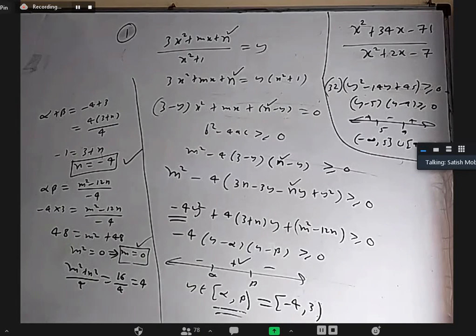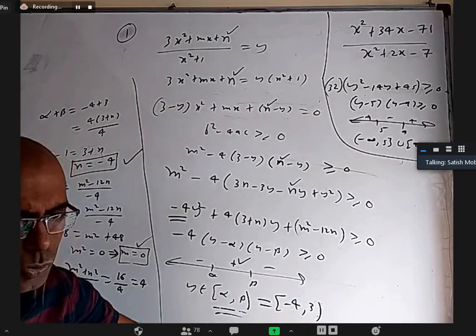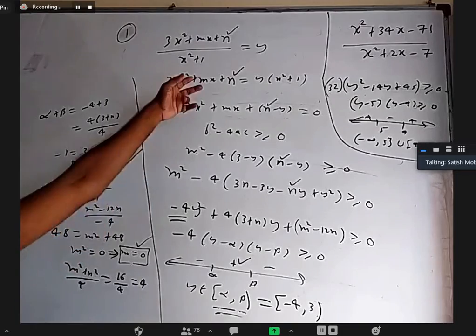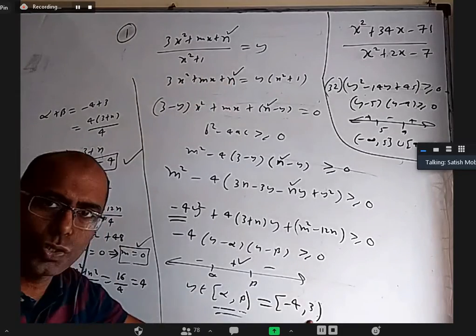Anybody still have a doubt about the first question? Any part of it? Sir, why did you take beta as open brackets? Yeah, in the beginning it will not be clear, but I'll tell you at the end. Let us say I'll make it closed and this also closed. If you actually take the question as it is, you will get closed only.